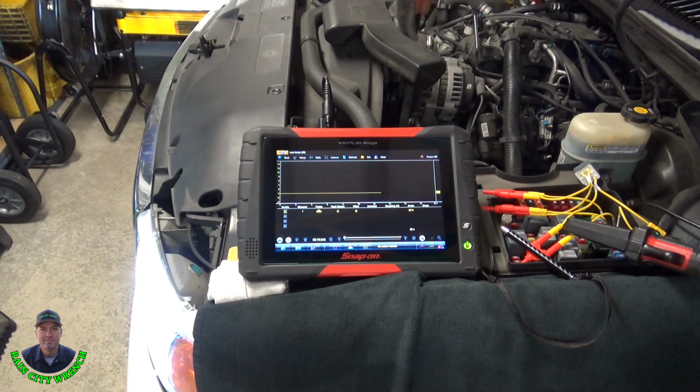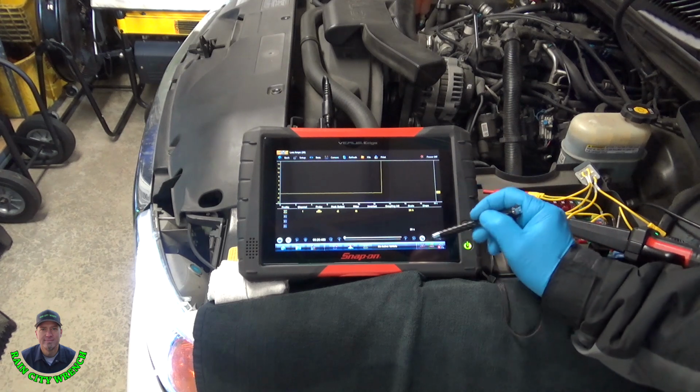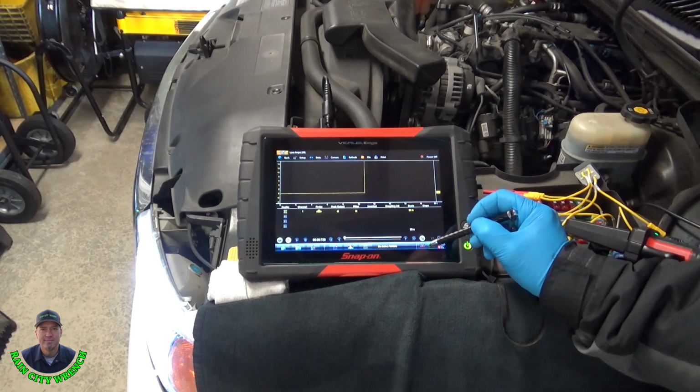Then I'll turn my rear defroster on. Oh yeah, that draws more than 20 amps. So what I need to do to capture this,